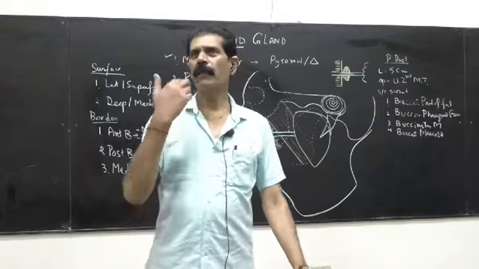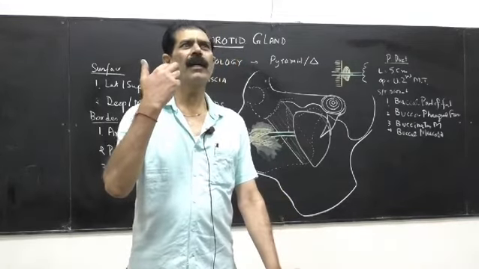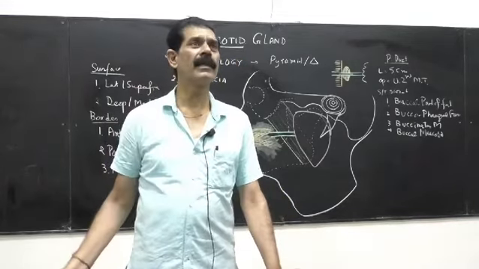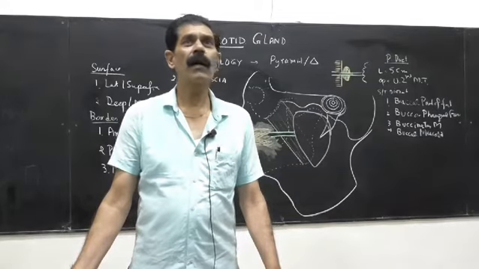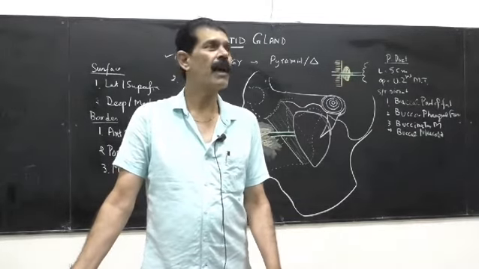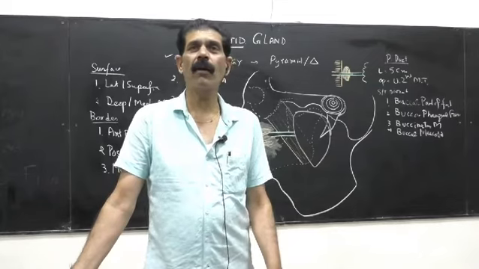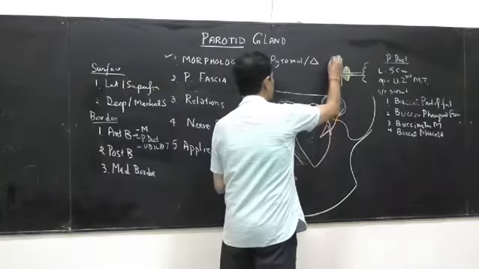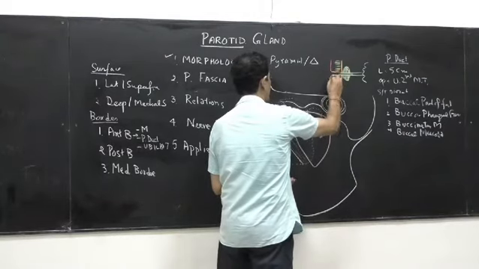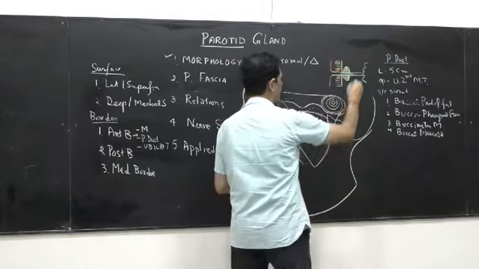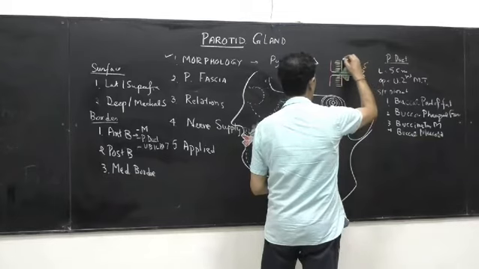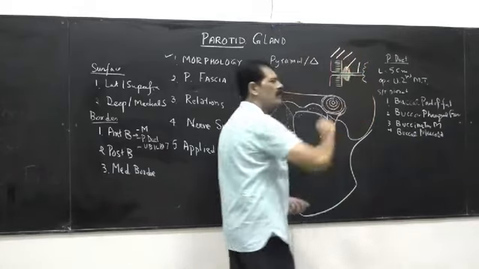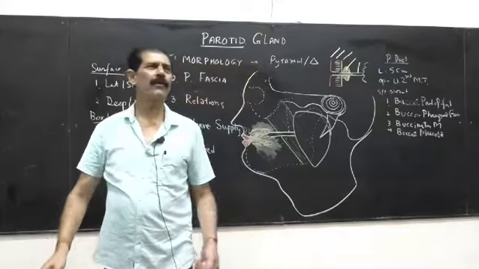So ultimately, when you open your mouth in front of the mirror, what you see, your mouth is red from inside. What is this red? Buccal mucosa. Internally it is all lined by the mucous membrane. So you can make this diagram also, and you have to label everything: parotid duct, buccal pad of fat, 1, 2, 3 and 4. So both the diagrams you have to make.